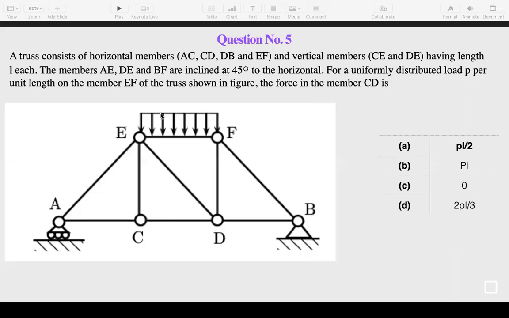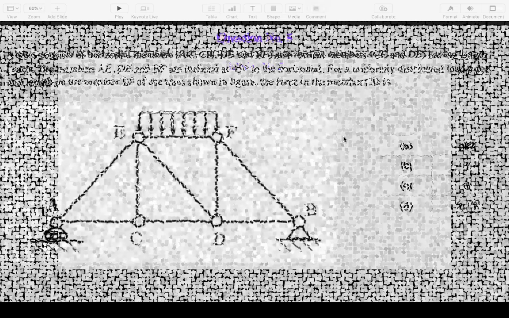One is the vertical and another is the horizontal, and in this way we are required to find out the reaction at point A. Then we are required to consider joint A. We are required to draw the FBD of joint A, and then the FBD of joint C. So we will get the value of FCD directly. Okay, so try to solve this problem.